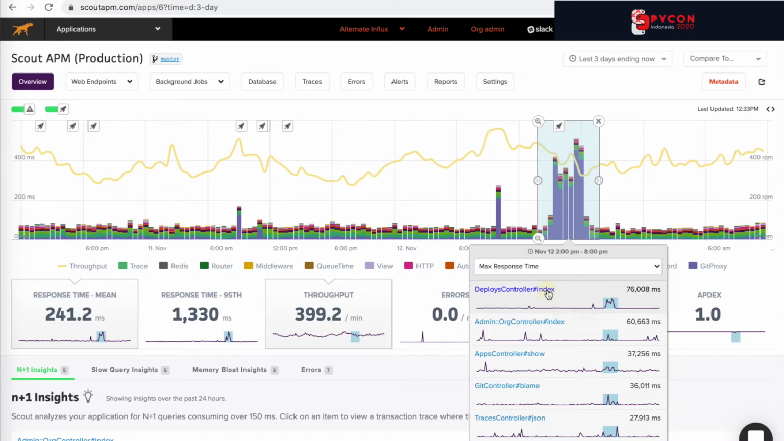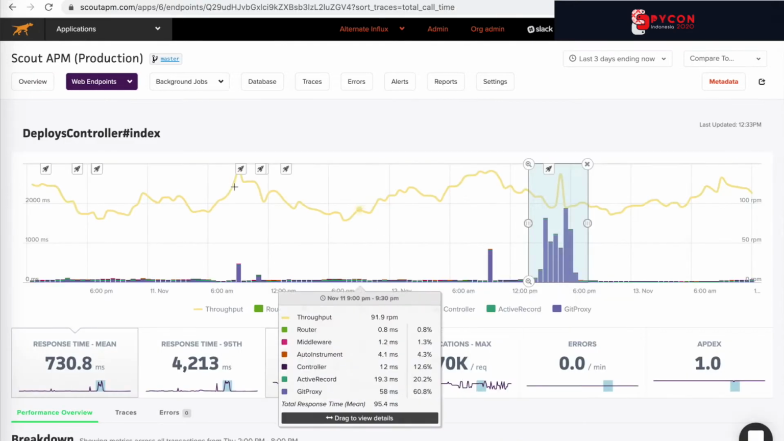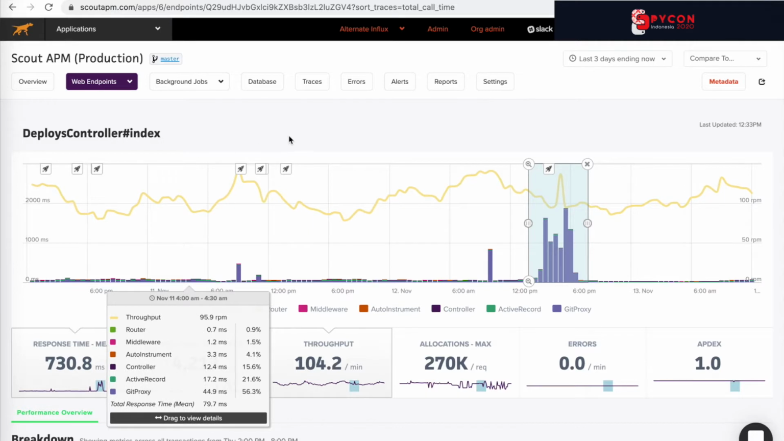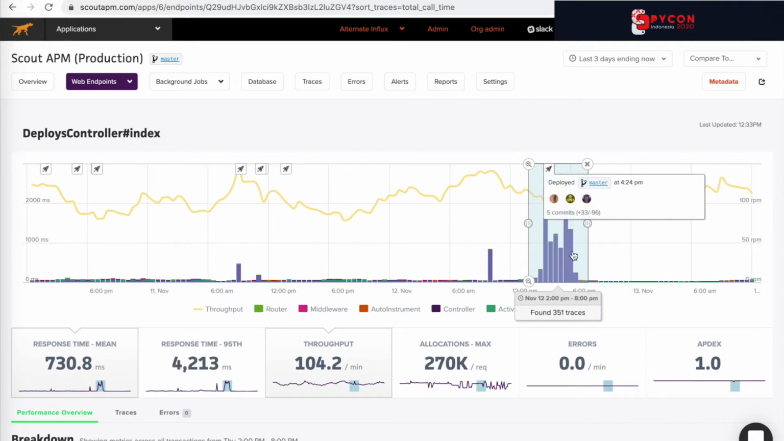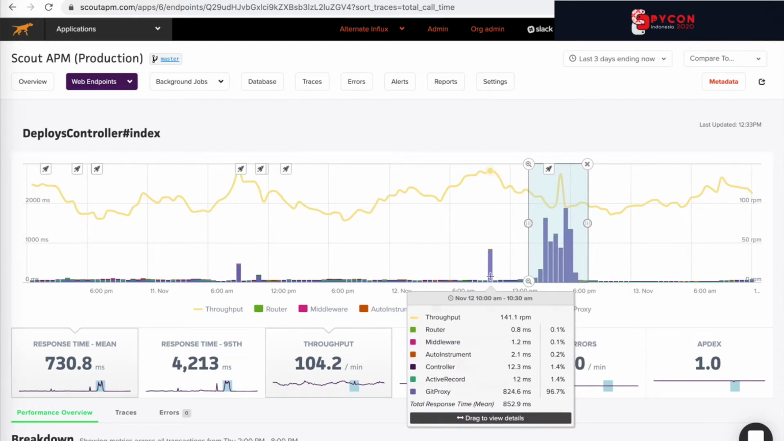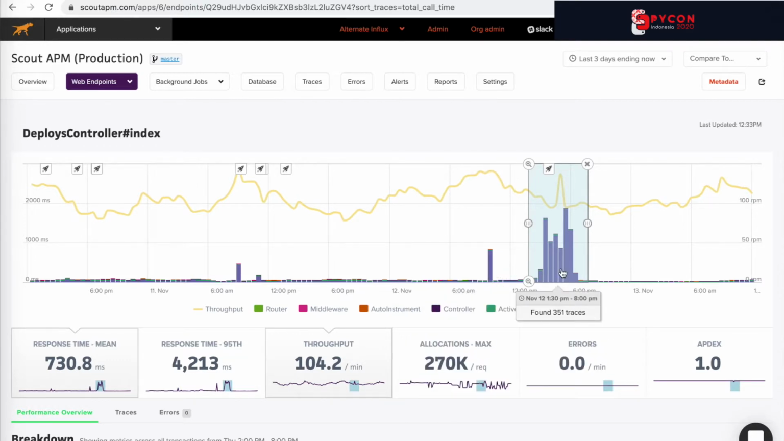And if we click directly into that, it takes us to the deploys controller index endpoint, where we can see that matching response time pattern shows up as well. And it was our Git proxy layer that also caused that response time. We'll dig into this a little bit further in the demo as well. If we go back to the overview page,